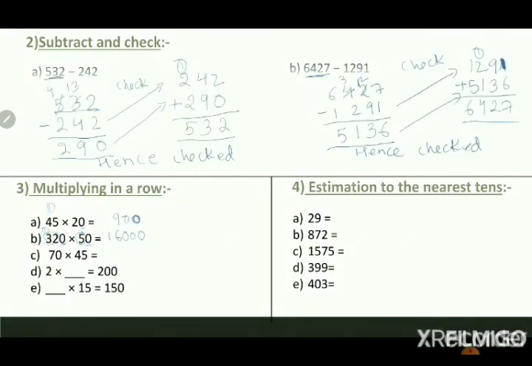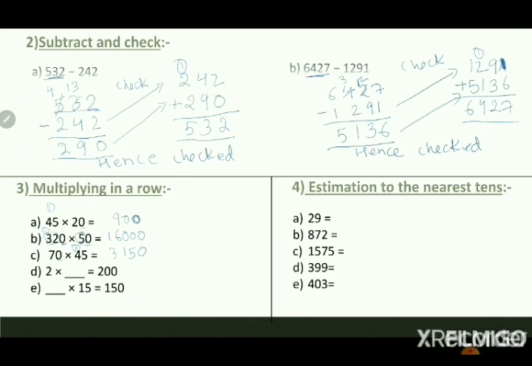70 multiplied by 45. So this 0 of 70 we will write in the ones place of the answer and multiply 45 by 7. So 7 5s is 35, 5, 3 will go up, 7 4s are 28 plus 3 is 31. So you got your answer as